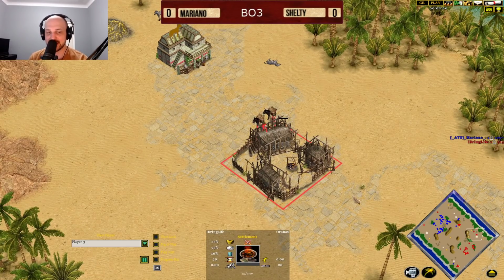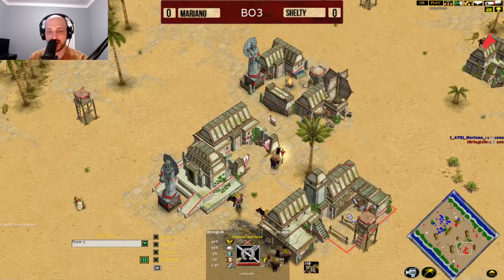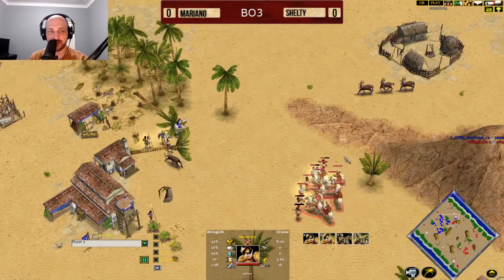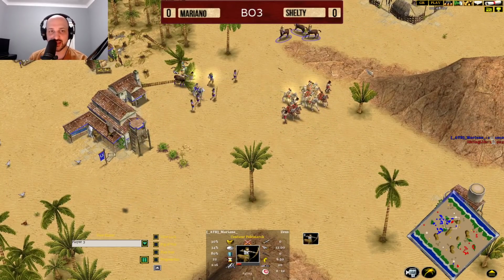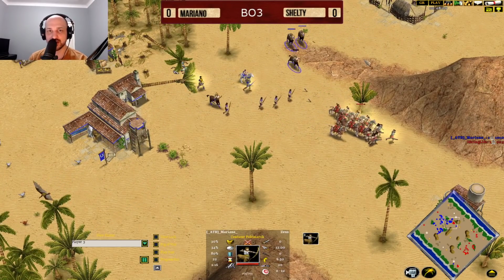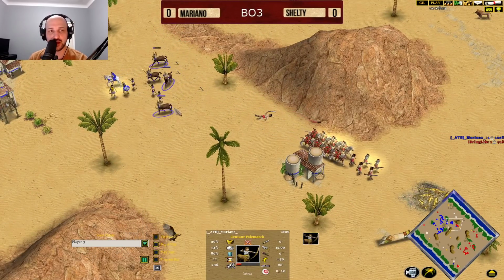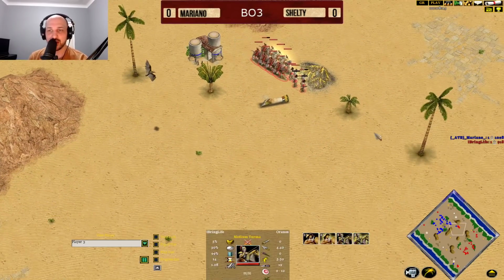We do see the second town center coming in for Shelty right now. He's cut military, started it back up, ready to continue here. We do see the army coming back in onto this position here. The Centaur coming in, ready to try and pick off some more units. Nice usage of that special ability, playing very well so far. Mariano is...